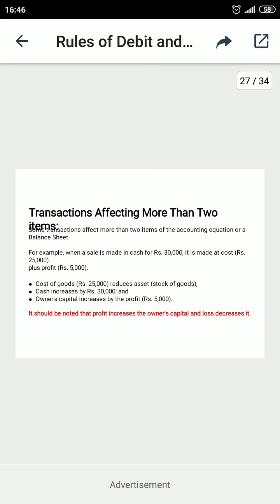The same side can be affected: the debit side can be affected with two items, or the credit side may be affected with two items. Both sides may increase or decrease, and sometimes the items may be more than one. It is called a combined transaction. In a simple transaction, only two items are affected. So this is called the equation, and in all cases the equation remains equality based. Debit always should equal credit.